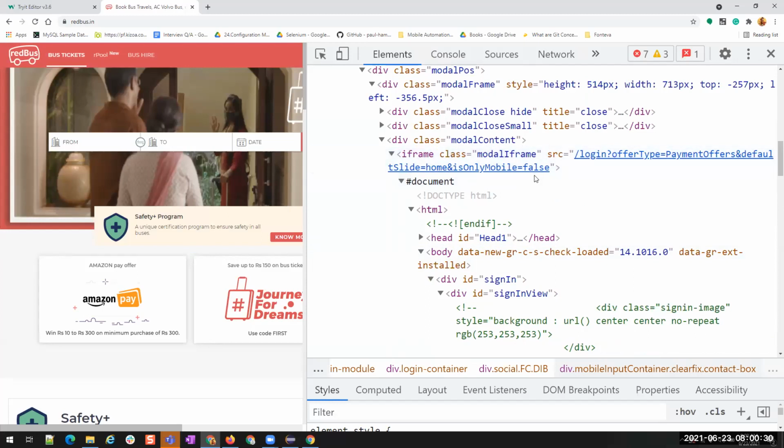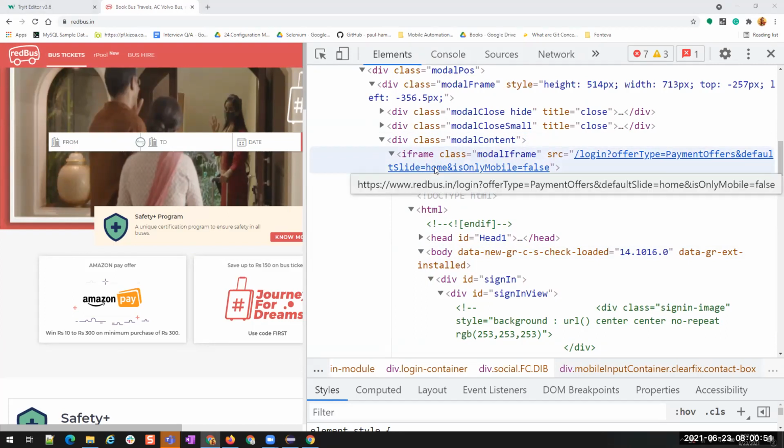Clear? Is that clear? How do we identify frames? If yes, I can go and start. How do we move to these frames in Selenium, sorry, and what are all the methods available for us?